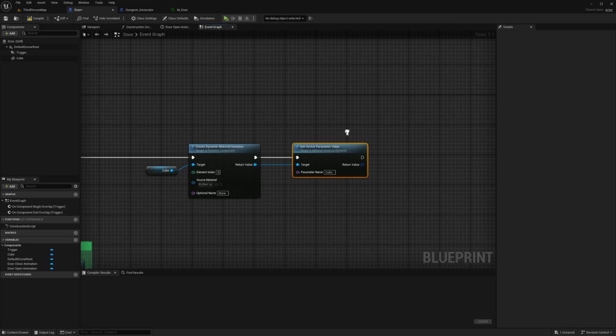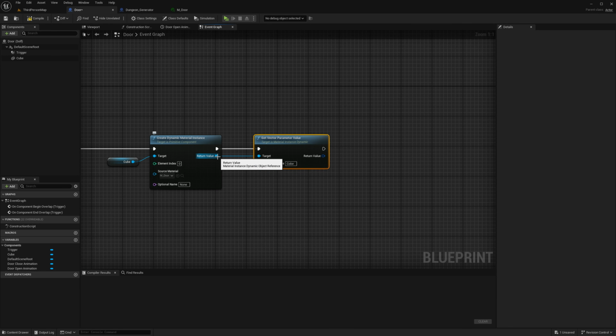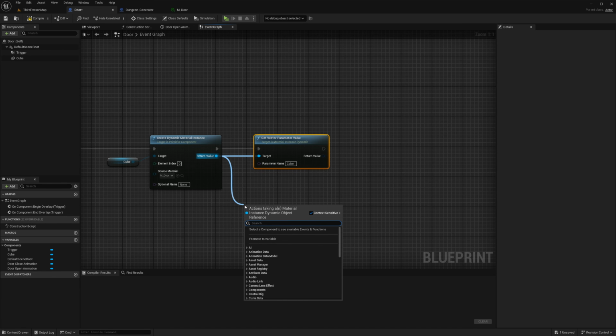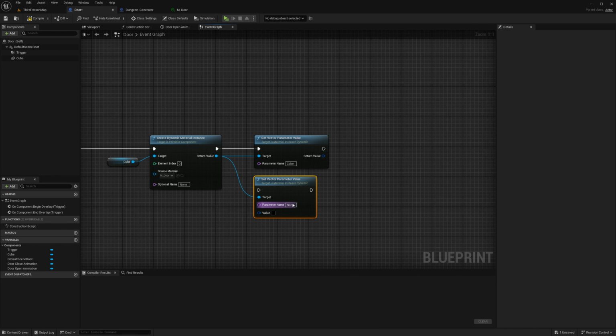Now it knows that this is the parameter in the material that we want to change. Well, actually I think we need to set it. Okay, so set vector parameter value, the same thing. Type in Color here.